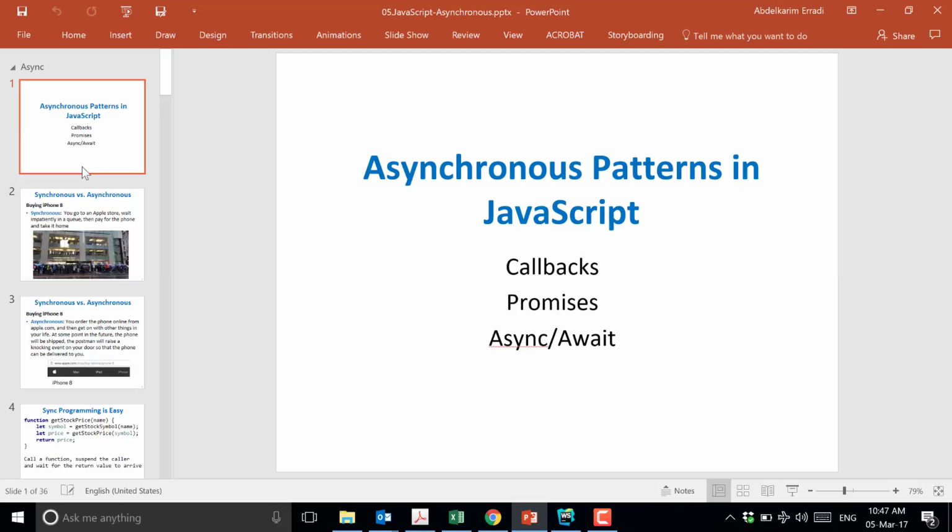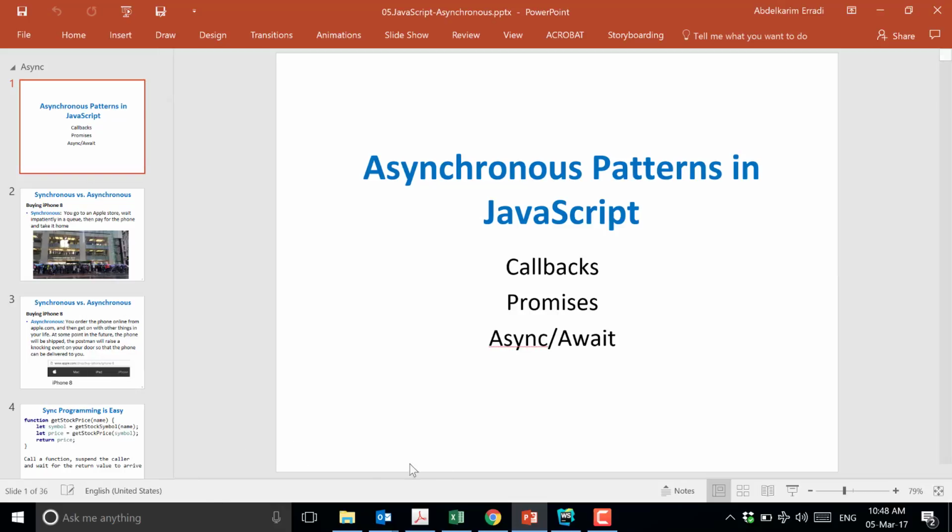So we still need to study this because they build on each other, but ultimately, once we understand this, this is the style of programming we will be using. But for you to get here, you have to understand the evolution of this. And also you have to understand this because in real life, you will find a mixture of these techniques used, and you need to understand all of them. But if you are writing something new from scratch, which style will you go with? Async await as a style of doing asynchronous programming.